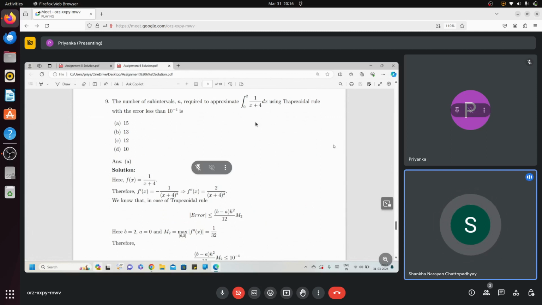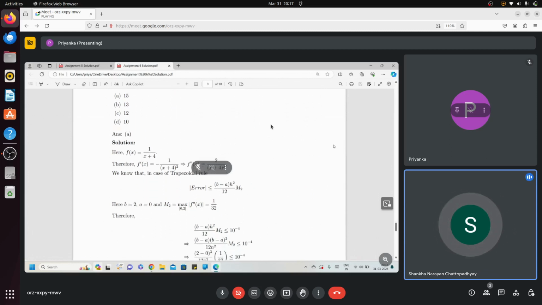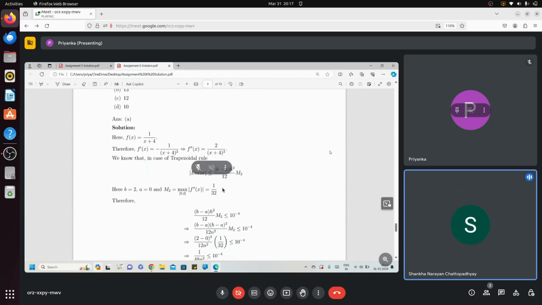So the composite error for composite trapezoidal rule, the error will be b minus a into h square by 12 into m2, and m2 is your max of double prime x, and once again you can compute it to be a decreasing function. This max will be obtained on 0, so that will be like 1 by 32,